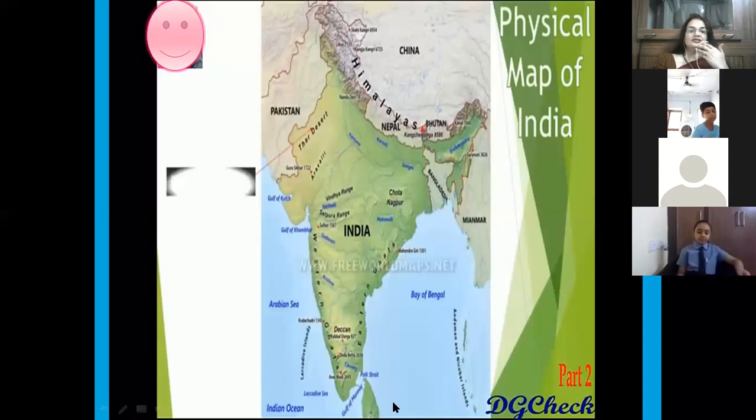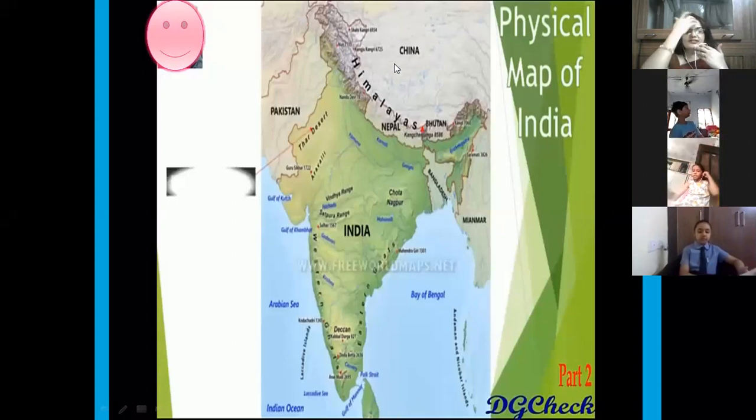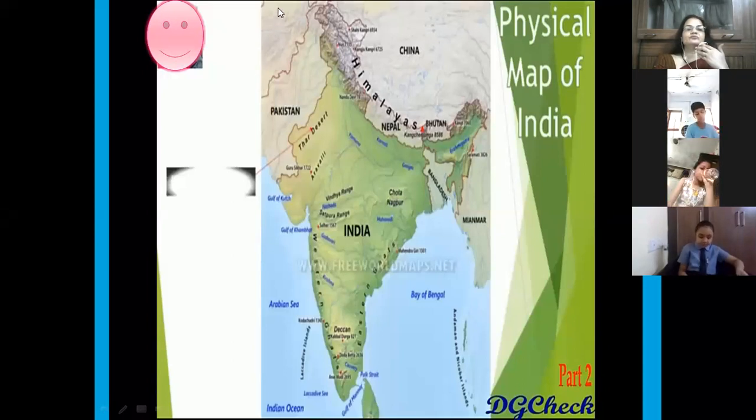Yes. Indian subcontinent means the neighboring countries of India are called the subcontinent. Which countries are joined by the landmass? Such as Pakistan, we can see in the west. You can see the arrow, the cursor is moving, and above Pakistan we have Afghanistan. Where my cursor is moving, students, you can know.